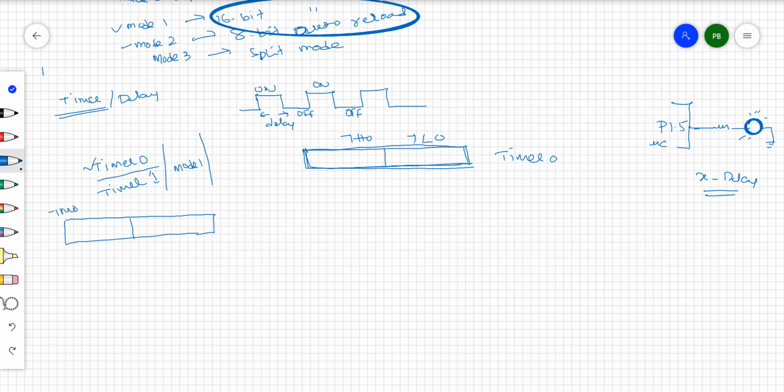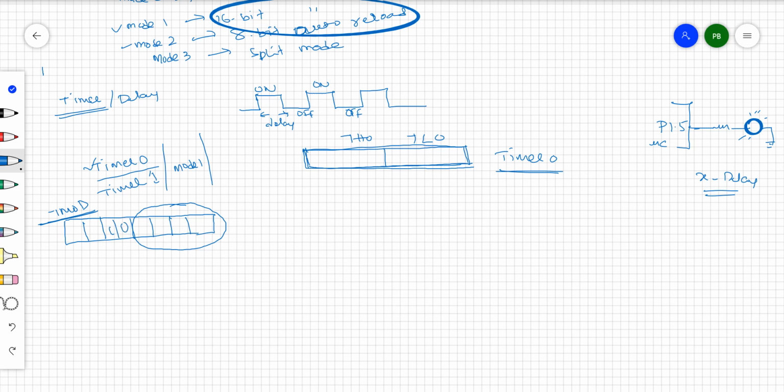T-mod register. How do you need to control the T-mod register? We want to use timer 0. That means if you control the lower 4 bits, that is enough to control timer 0 to provide the delay between the two events. For timer 0, the lower 4 bits is enough. The higher 4 bits you just make zeros.